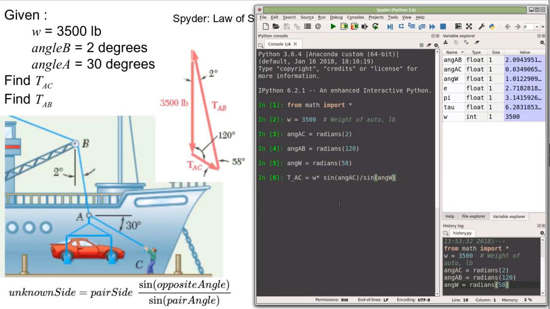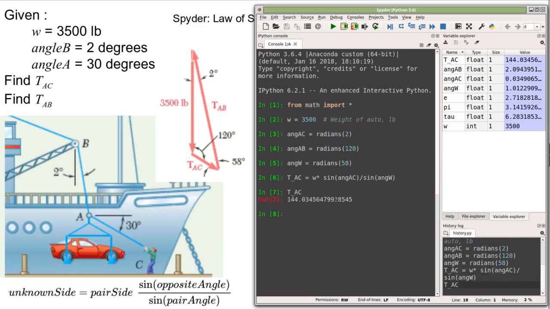Again, that's the pair side, so W over angle W. And we can see the value at the top is TAC. If we wanted to see the value in the console window, we just enter TAC and get that value. Or another way to do it, we'll do with TAB